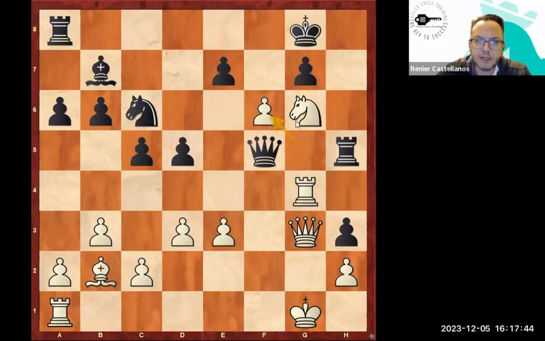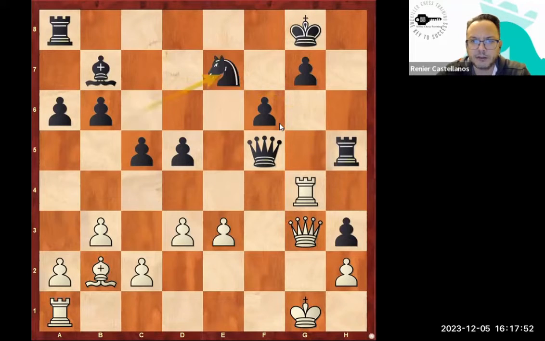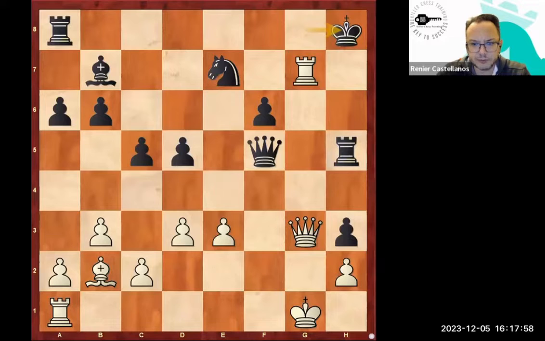So if you start with g takes f6, then it doesn't quite work, because now, for example, after knight e7, knight takes, rook g7, I think black can just play king h8. This is the move. The point being that rook g8 is now available after rook e7. So